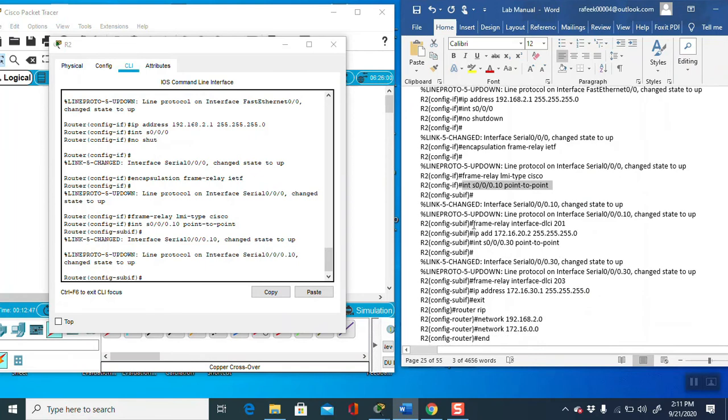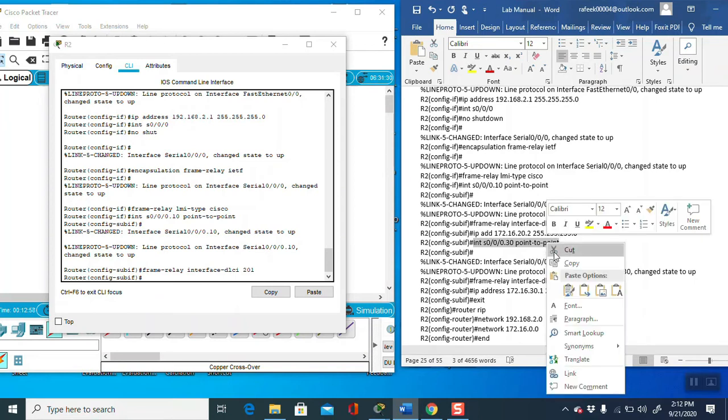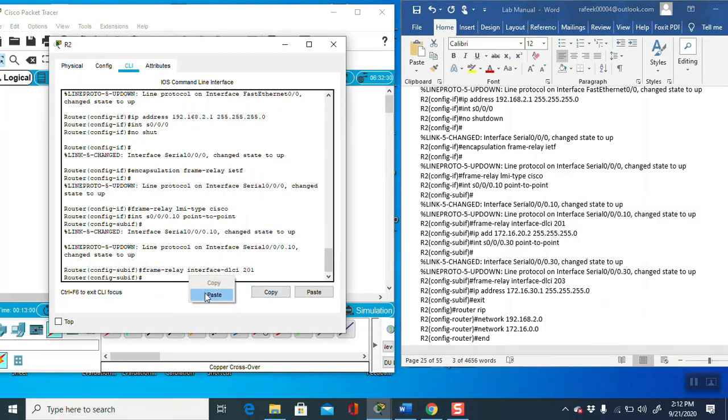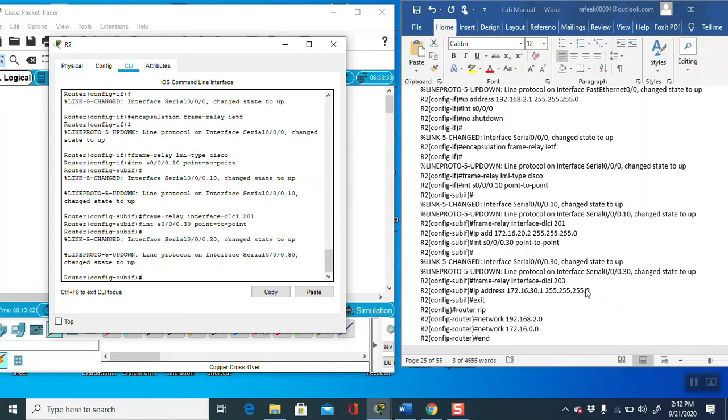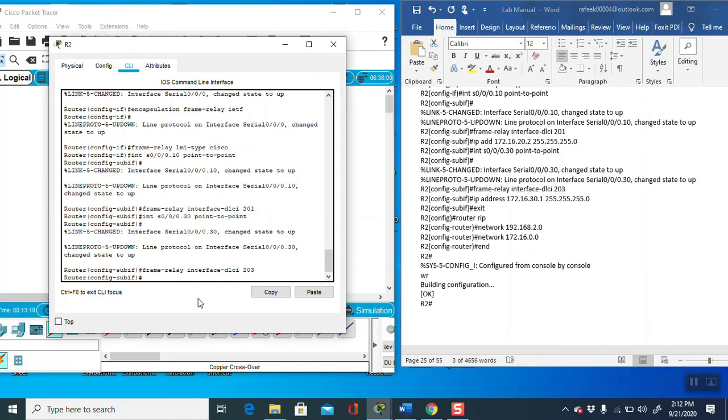Then copy this command, frame relay DLCI, to make the connection. Point to point. We finish this. Take this command. After this, you have to exit.